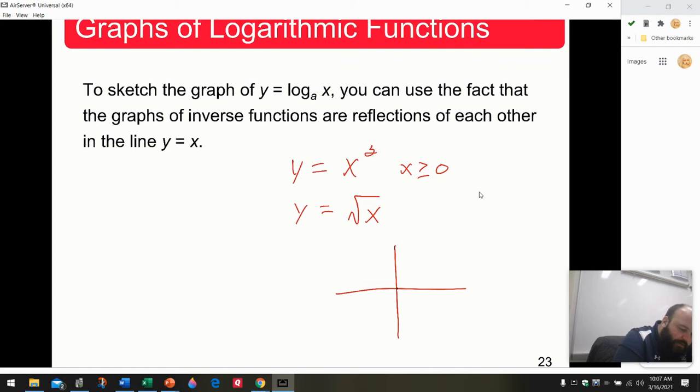If I graphed both of these functions, here is y equals x squared, just the right-hand side of a parabola. And then in blue, here is the square root of x. You would see that both of these functions are reflections of one another about the line y equals x. They have symmetry. The same thing is going to happen whenever we graph logarithmic functions with their inverse, which would be a parent